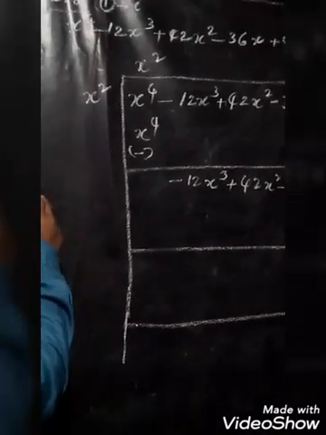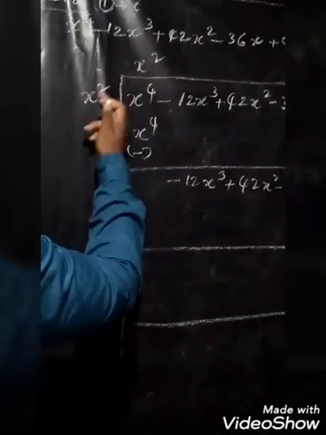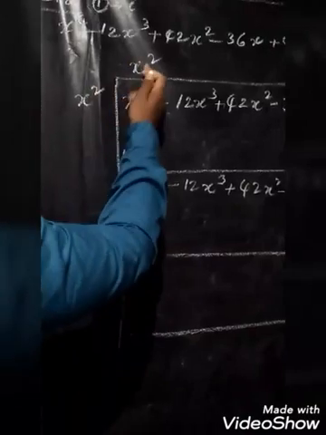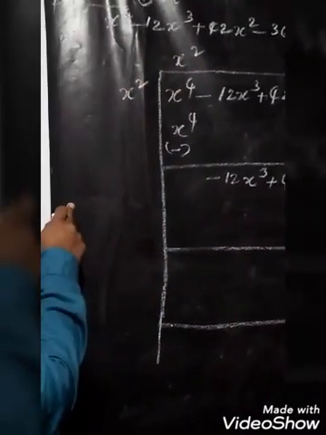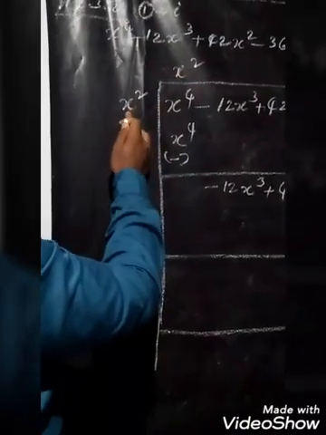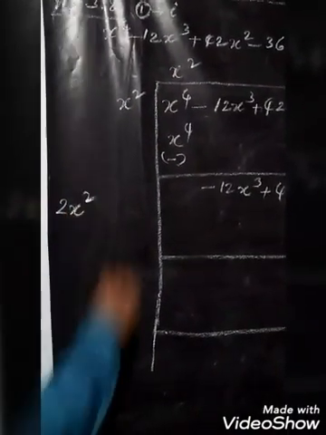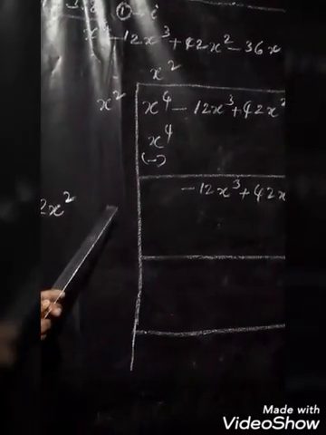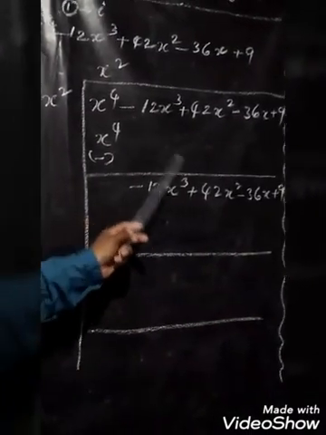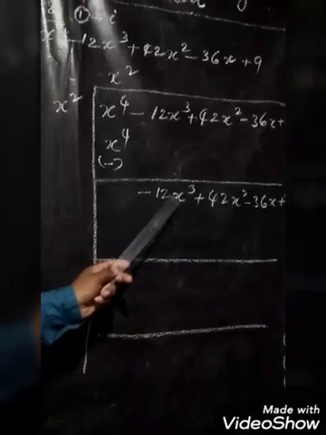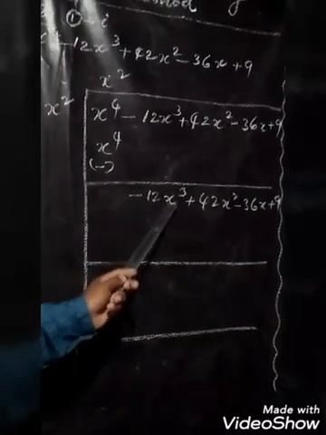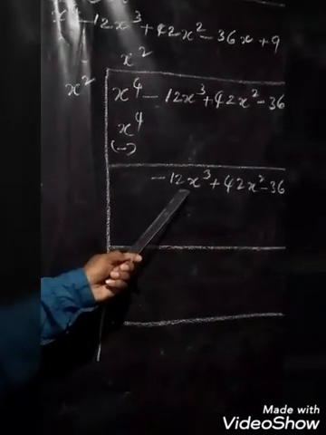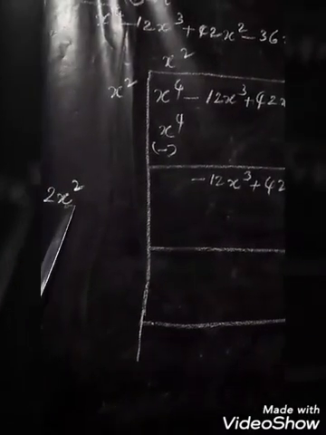Here we have to write two terms as a divisor. The first term we can find by adding the two existing terms: x square and another x square. Adding these, x square plus x square, we write 2x square. One more term we have to find using the first term of the polynomial inside the second stage, that is minus 12x cube. This minus 12x cube is divided by this 2x square.